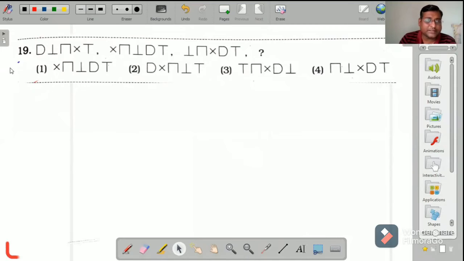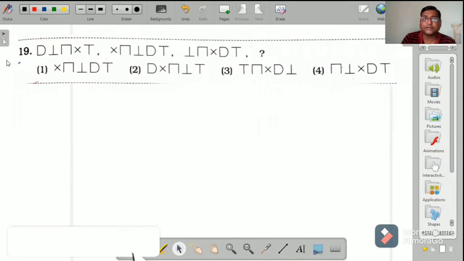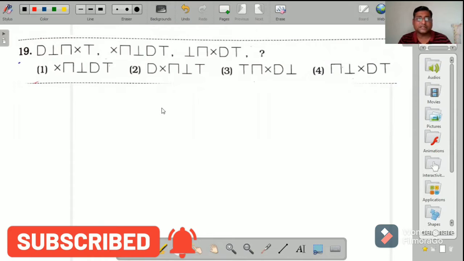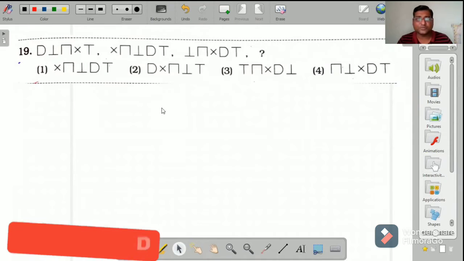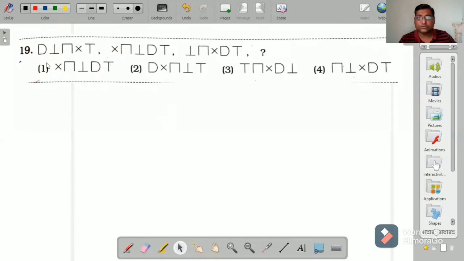So students, let us understand question number 19 from exercise 3.3. It means from symbol series. Three groups are given here, and a fourth one, question mark, is given. On the place of question mark, we have to find out the correct option from the given options there. Four options are given. Okay, so let us understand what happened here.